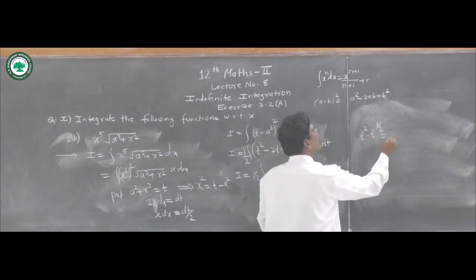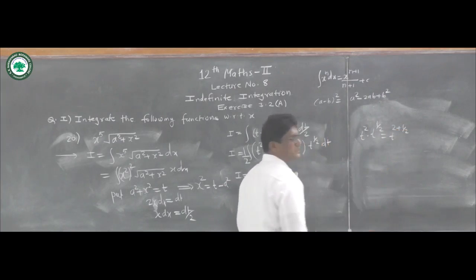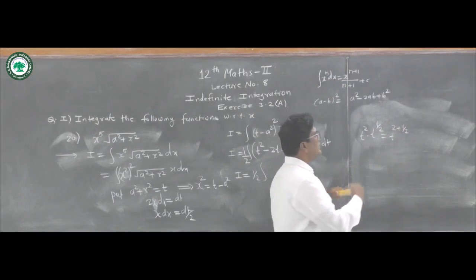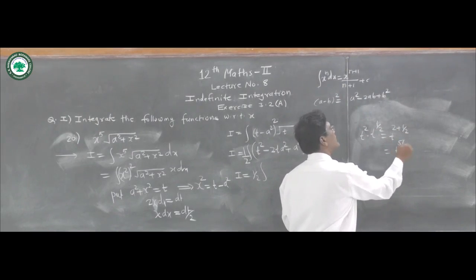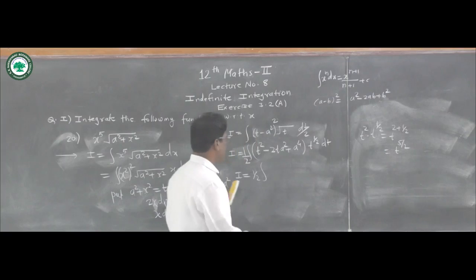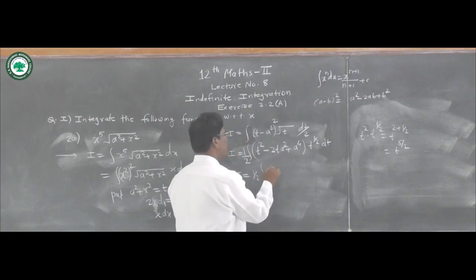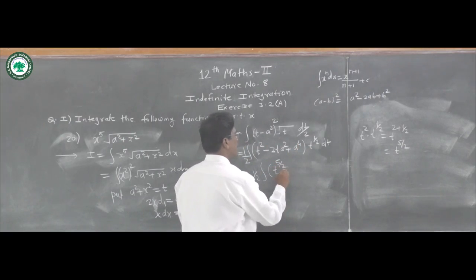So we take here t to the power 2 plus 1/2. Using the rule of indices, we add the powers 2 plus 1/2. Now here addition is 4 plus 1, that is 5/2. And so the product of t square and t to the power half is t to the power 5/2 minus